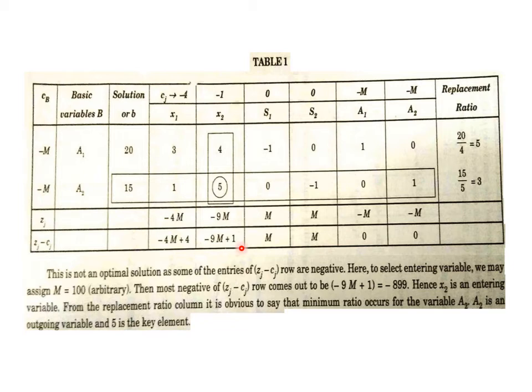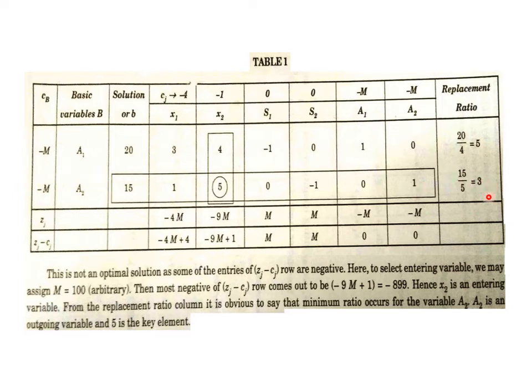Say if coefficients of M are identical, say it is minus 4M, it is also minus 4M, then we have to compare it through other numbers, say minus 4M both the places, then in comparison plus 4 plus 1 is a lower side number. That's how that will be most negative. Okay, so that is about deciding most negative. Then the entering column and entering variable x2. X2 will take place of either a1 or a2. For that we have to take that minimum replacement ratio, say it is 20 upon 4, 15 upon 5, that is 3, 15 upon 5 equals to 3, so it's key row, everything similar.